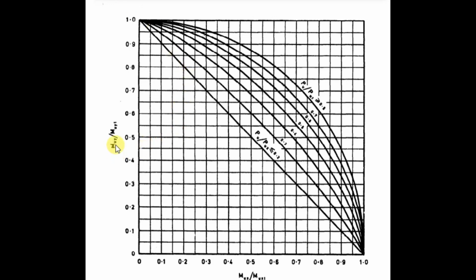So we know Mu y by Mu y1 is 0.556. So here is 0.5. Let's take somewhere here 0.5 and 0.556. And then we need to go to 0.301. So 0.3 is this one. Pu by Pz is 0.3 is this one. And let's draw here, which is close to 0.55 only. So let's take this value Mu x by Mu x1 as 0.55.